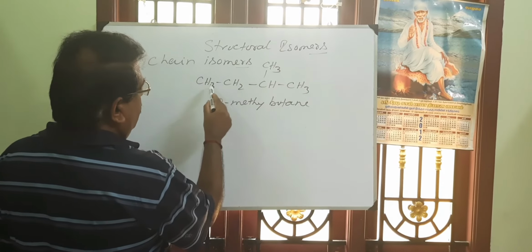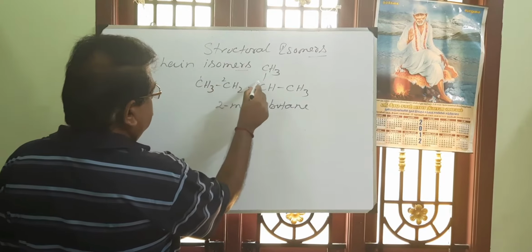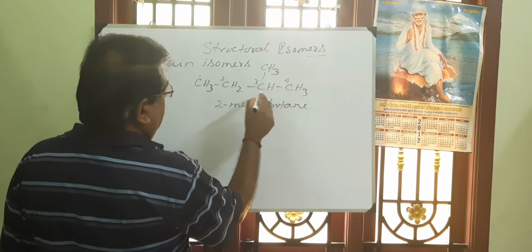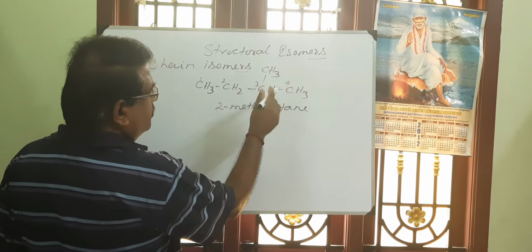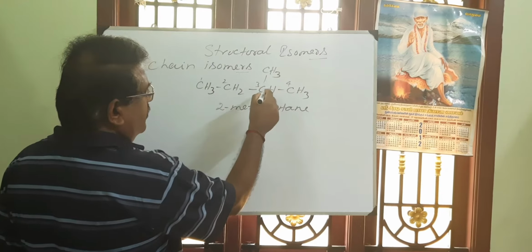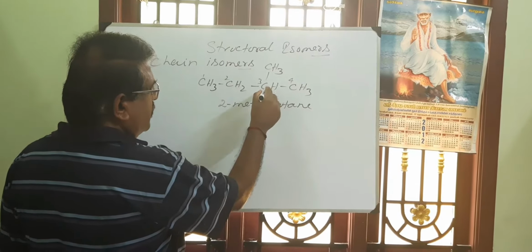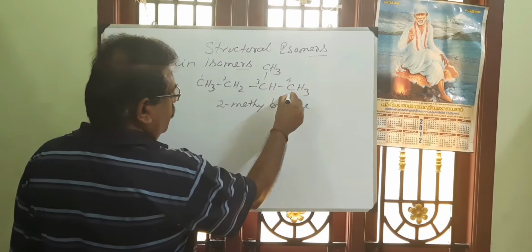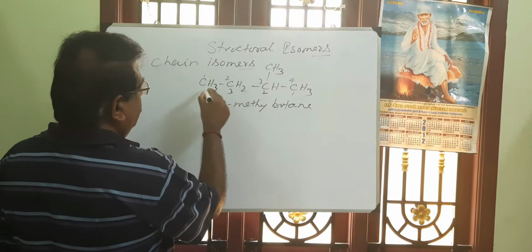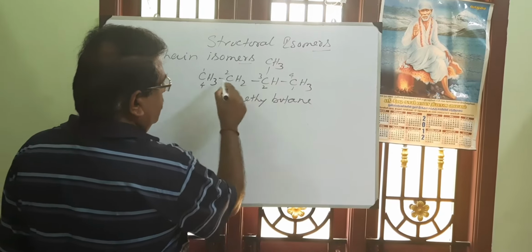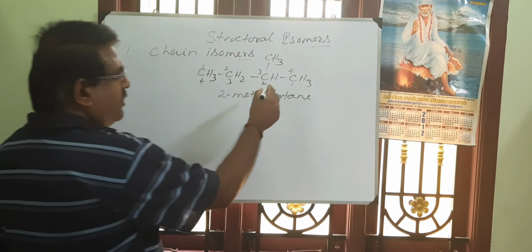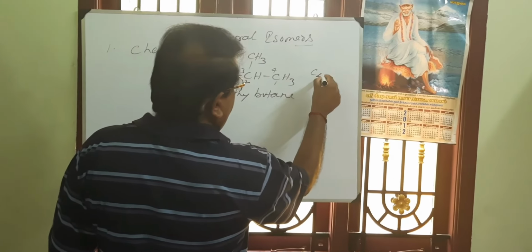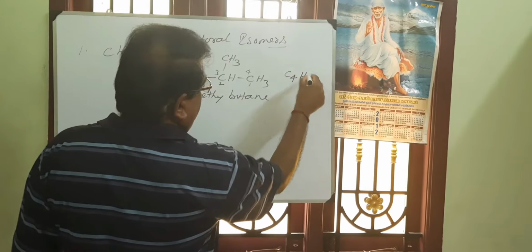This is carbon 1, 2, 3, 4. You should number in such a way as to give the least number to the substituent. So the number should be 1, 2, 3, 4, so 2-methylbutane. The molecular formula of this compound is